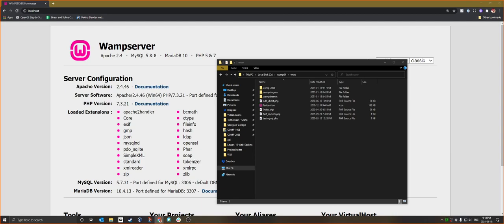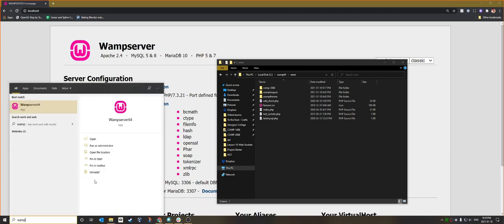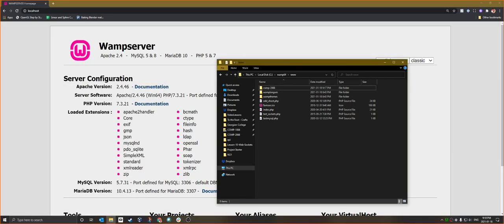Sometimes it's required. Oh, before you do that, try opening up WAMP in administrative mode. So if you hit your button and type in WAMP, choose to run it as an administrator first. See if that works. Sometimes it's file permission issues. And then if that doesn't work,